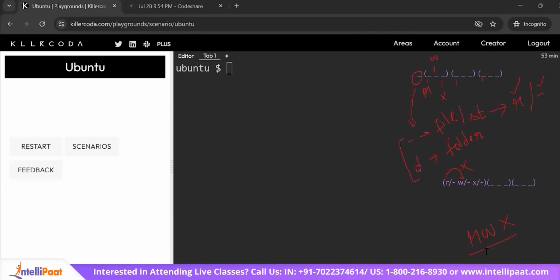Now, let's say I want to give permission for the owner. I want only the owner, which is defined by the first set, to have permission to read and write into the file. I don't want the owner to have executable permissions. I don't want anyone else to have any other permissions at all. In that case, what I'm going to be left with in this permission set is a hyphen, because it is a file,